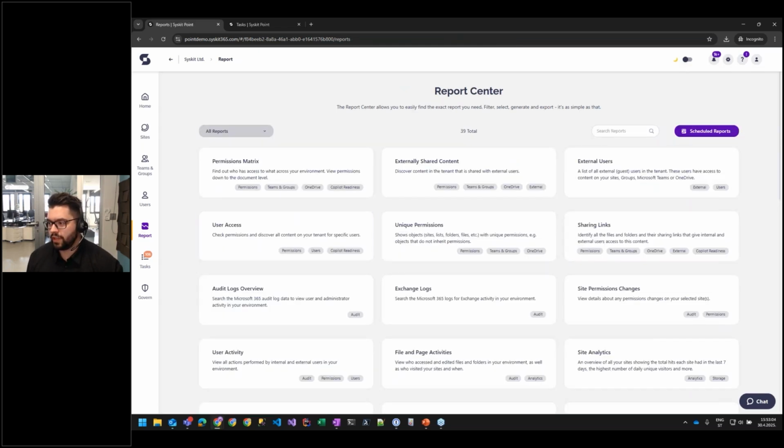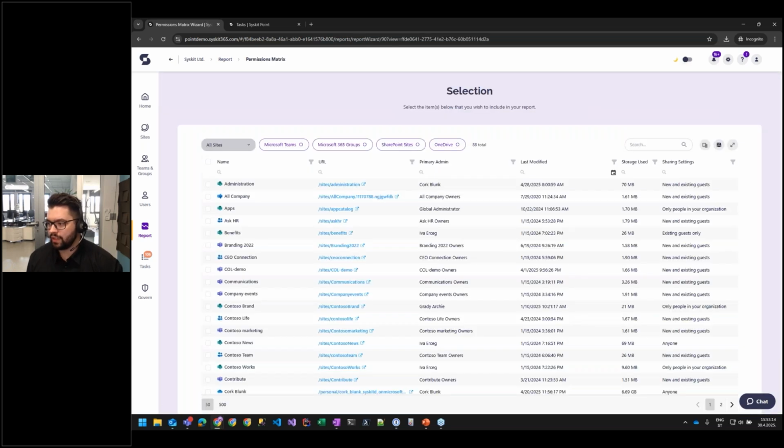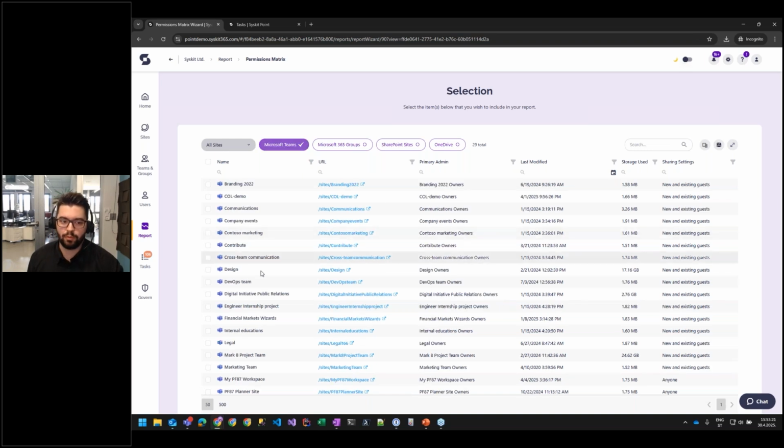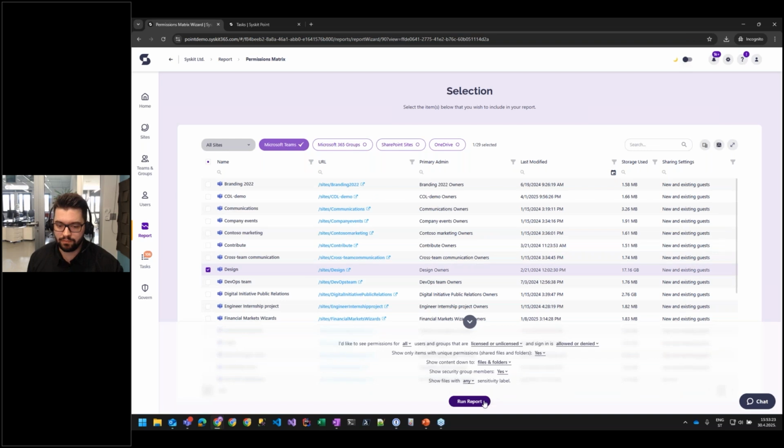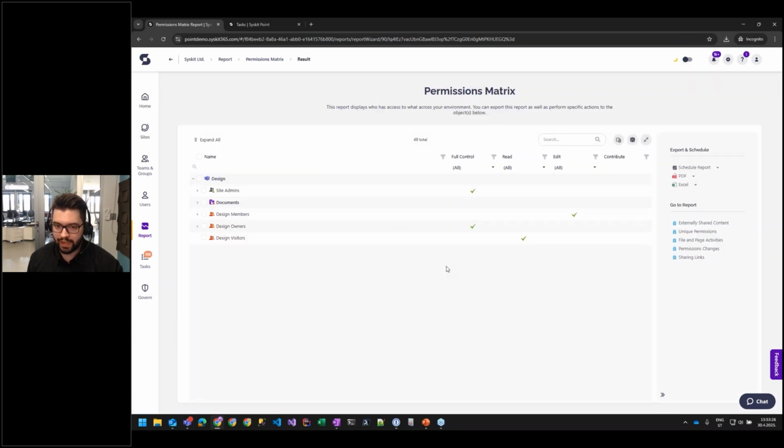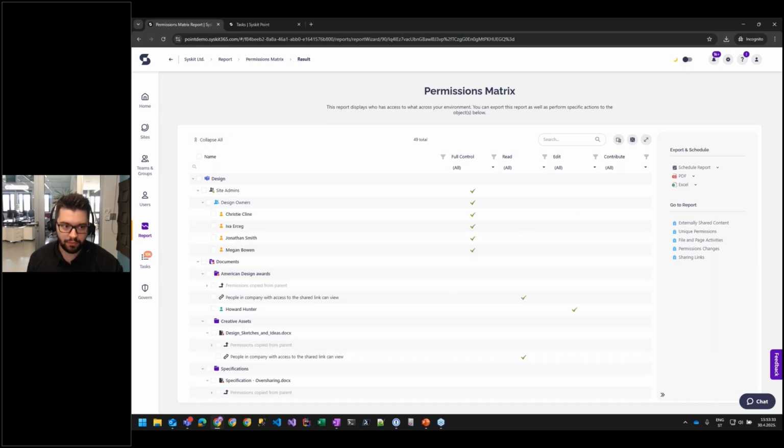Let's say somebody accessed a confidential document on a team, but they shouldn't be able to. What could help you tackle the problem is the permissions matrix report. This allows you to see exactly who has access to what kind of content and drills down to the file level itself. For example, let's pinpoint a problematic team here, the design team. You click on Run Report, and again, in just a few seconds, you have the workspace and a lot of different information about it. Let's expand it all to go through a couple of items. You see you have some owners here that have full control over the workspace.